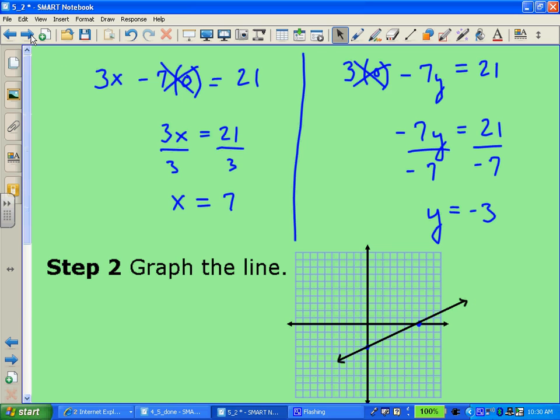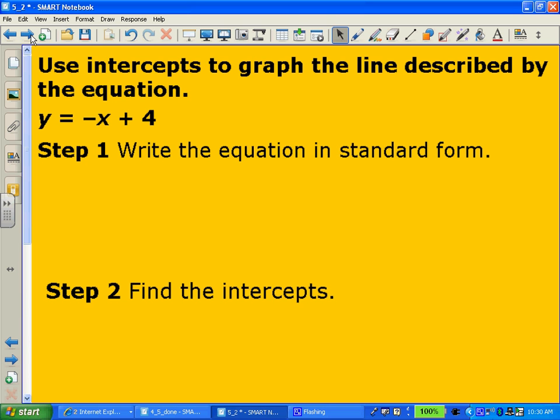Okay? Let's look at another one that's a little bit more difficult. Same directions here, but now notice that my equation is not in standard form. I don't have x and y on the same side. So when that happens, I have to put x and y on the same side first. And what I mean by that is I just need to move this x